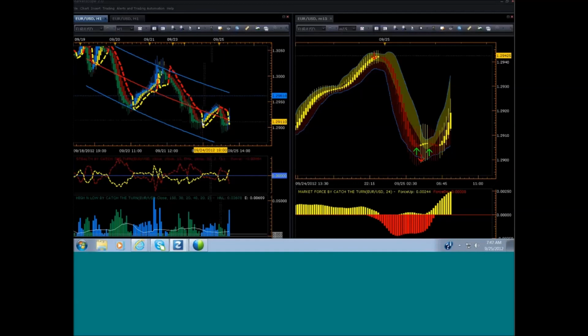The ride back up is not that long. I don't want you to get in a trade and you start right here and you only have maybe 2 or 3 hours left to move up, and you get torn up because you entered against daily. You entered against the ocean. And the reason why I like to trade in the direction of daily, when I swing trade, I might get stuck in a trade more than just a session. I might start off in a trade in the New York session, and the trade doesn't move like it's supposed to. Say if I got in right here, I wanted to beat Cobra, even though I didn't get a